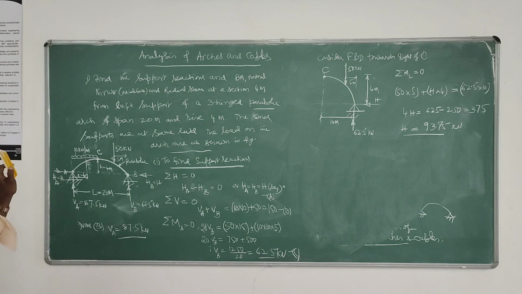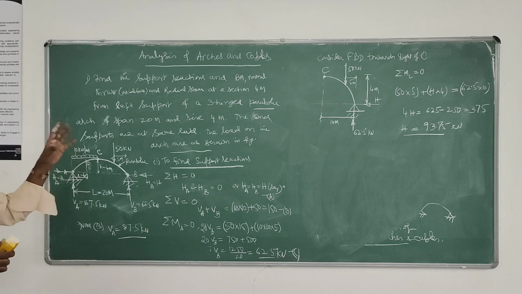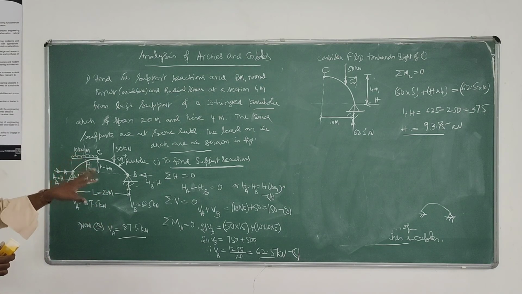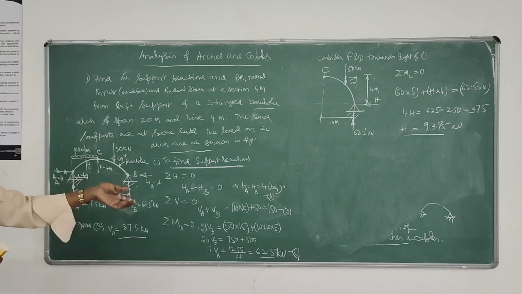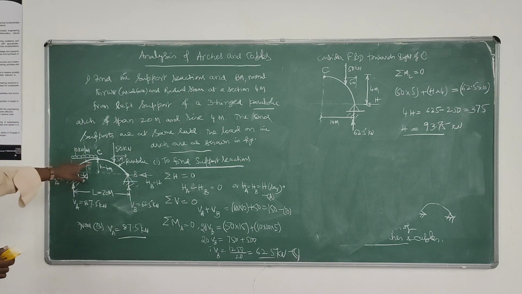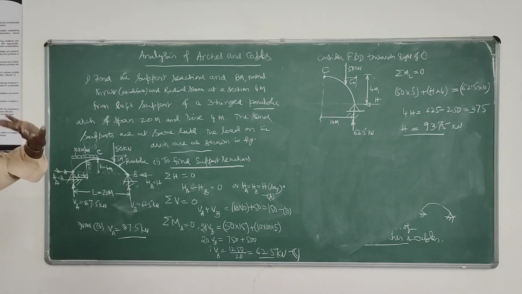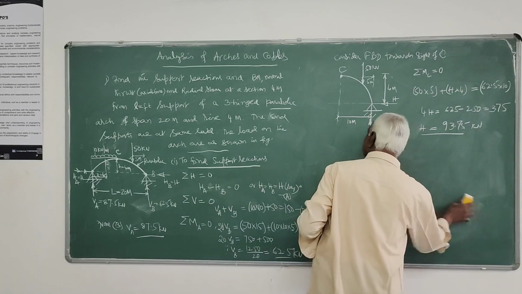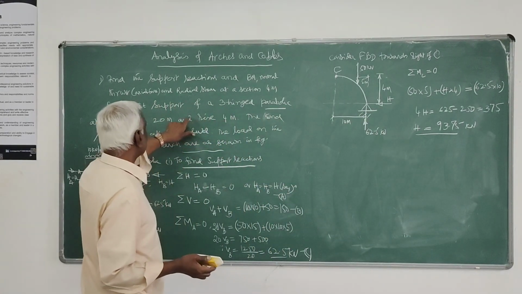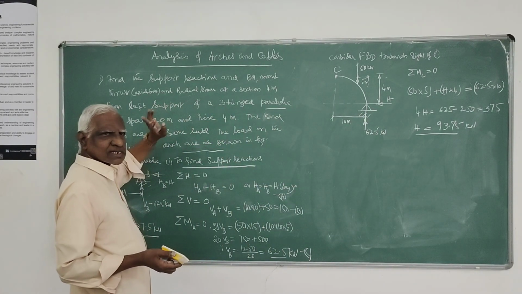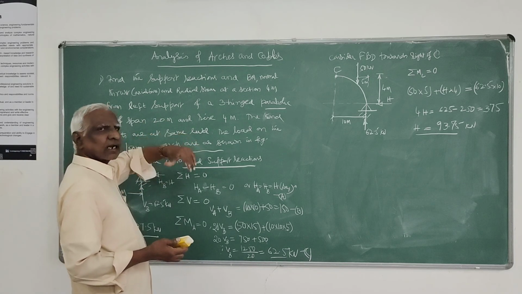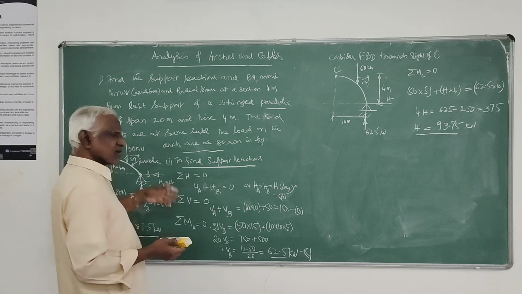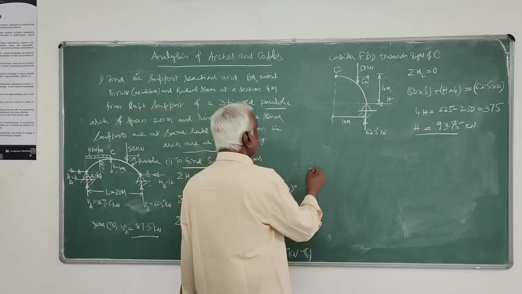That's the first step. I have to apply only the equations of equilibrium, that is the three equations of regular equilibrium for planar structures, along with one more external condition imposed, that is moment about the crown hinge is 0. That's all. Next, we will take up the second part, finding the bending moment, normal thrust, and radial shear, that is the internal forces developed on account of this loading at any point.